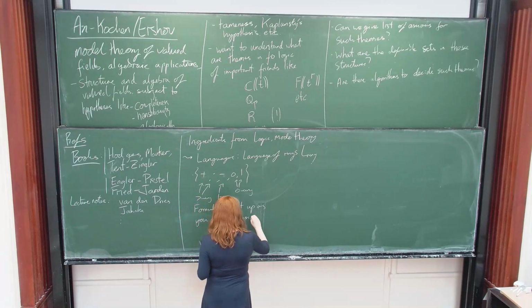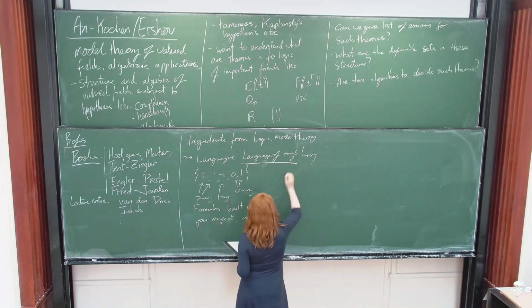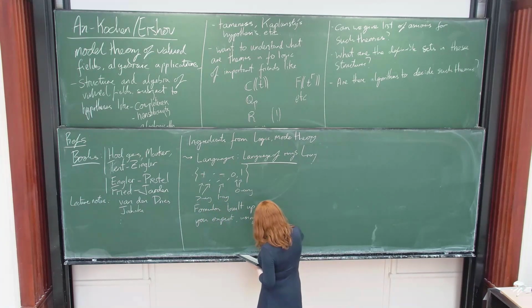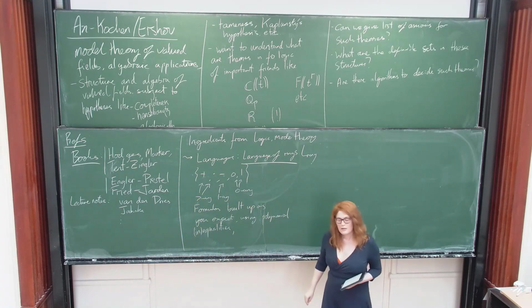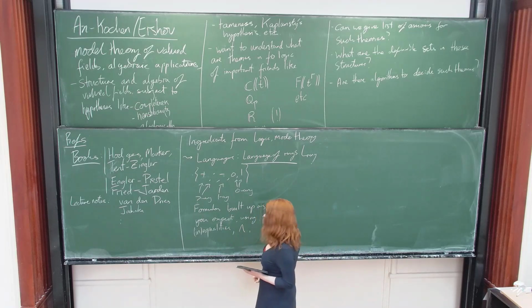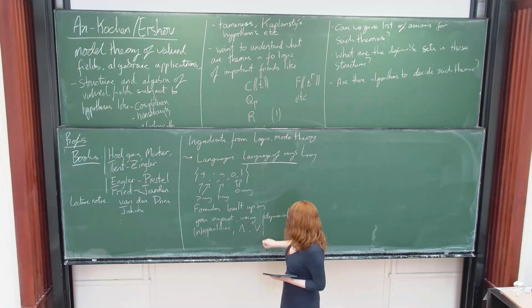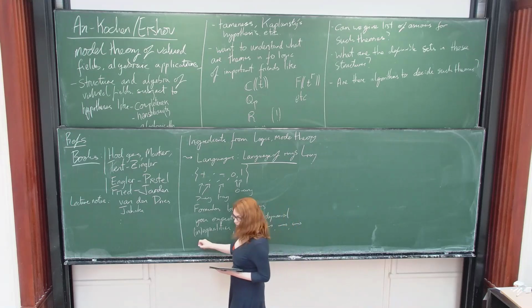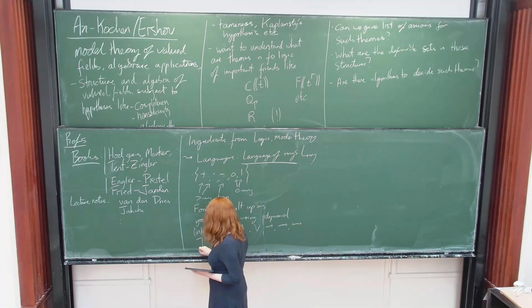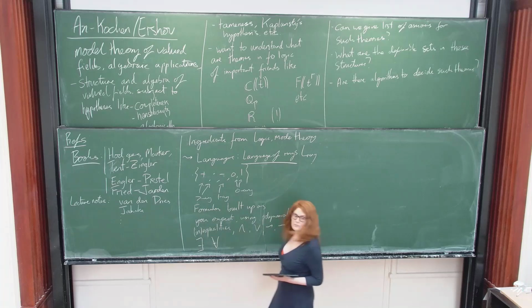Using, in this case, I'm focusing on using polynomial equalities and inequalities together with conjunctions, that's and, disjunctions, negations, implications, bi-implication, a good sprinkling of parentheses, and importantly some quantifiers which